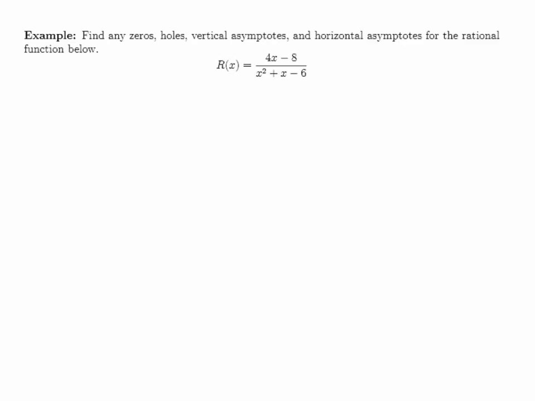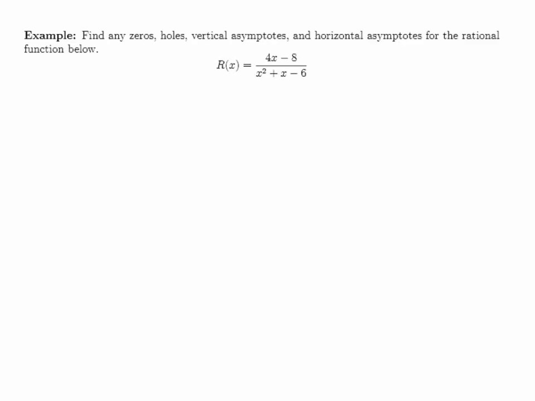In this example, we're going to analyze a rational function algebraically, and we're going to determine any zeros, holes, vertical asymptotes, and horizontal asymptotes for this function. So to start, we're given r of x, and it's the quantity 4x minus 8 over the quantity x squared plus x minus 6. And the first thing that we want to do is to simplify